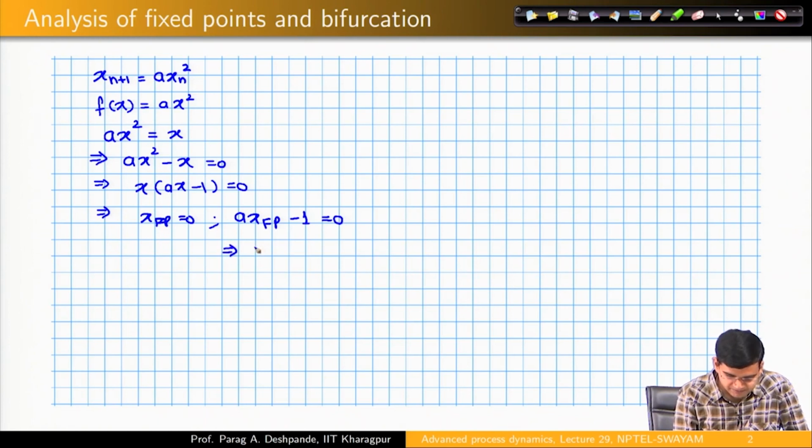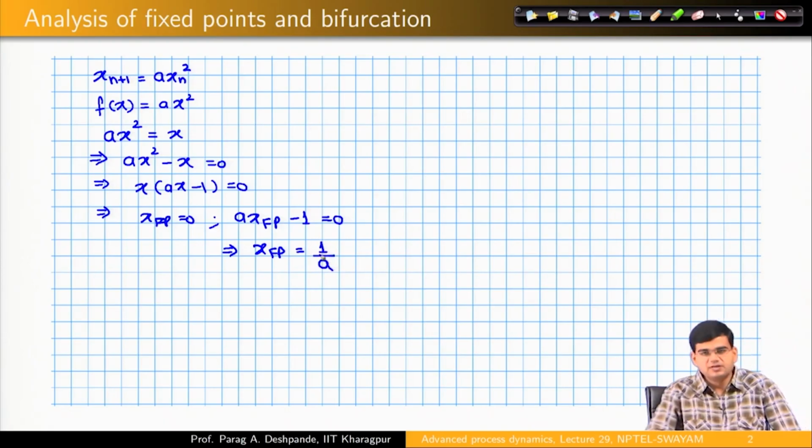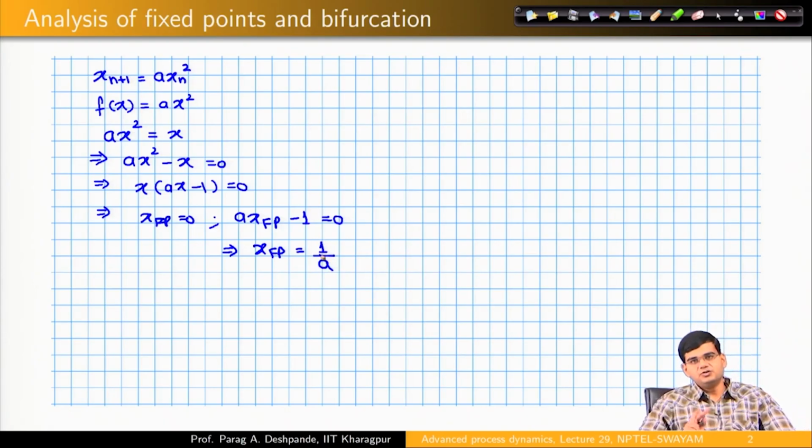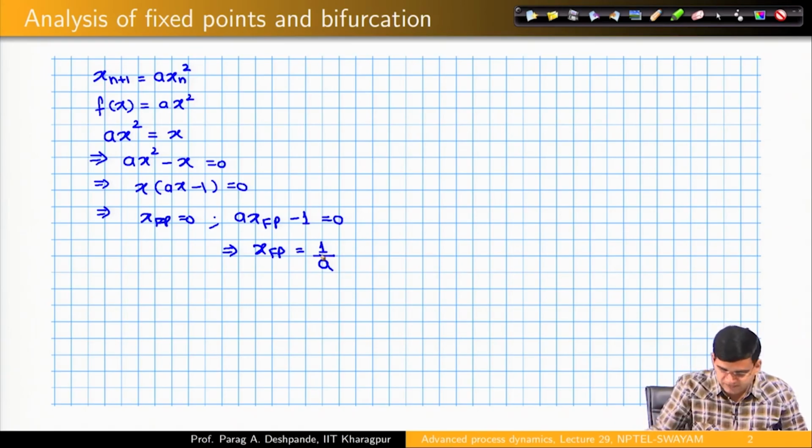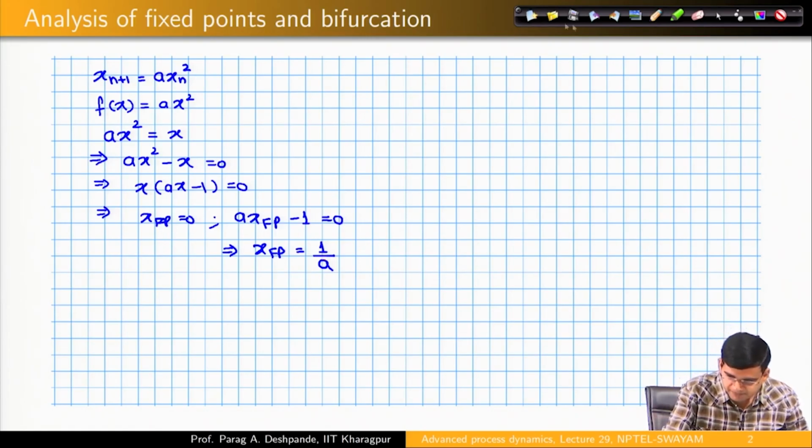In other words, x fixed point is equal to 1 upon a. This means that you have two fixed points in this particular system. Can we quickly see if this is the case graphically? So,